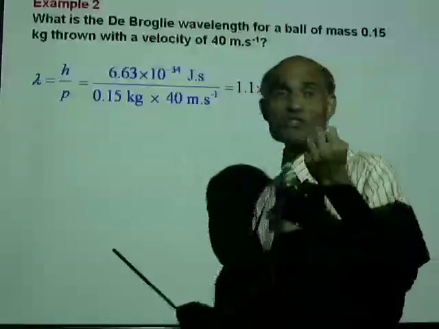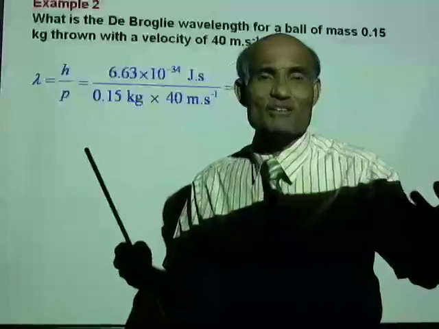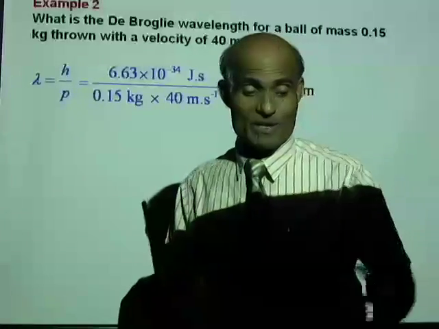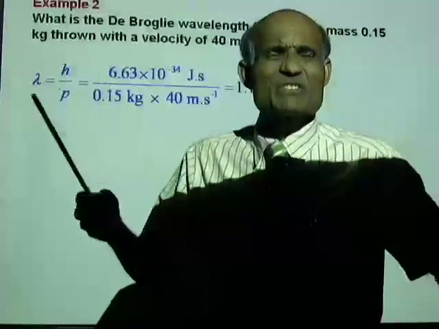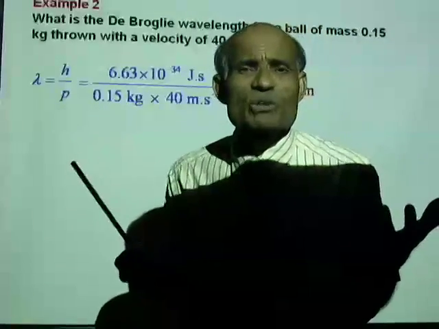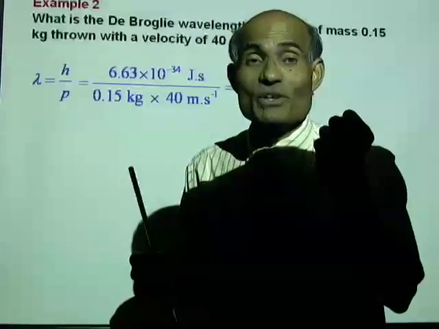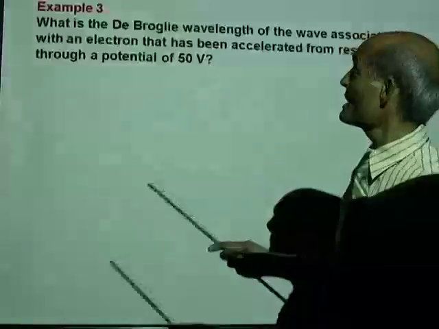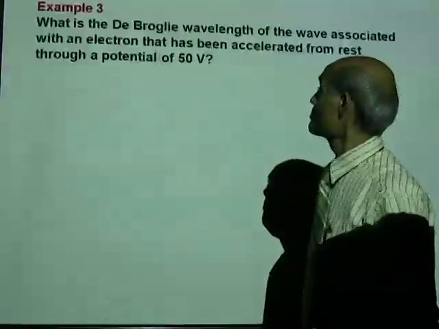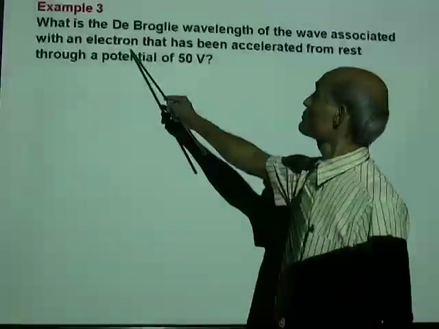Well, because it is so small, it is very difficult for us to discern it. And therefore, associating a wave with a particle is not very practicable for us, we would say. But it becomes very clear when the particle becomes very small. Let's see in the next problem, what is the de Broglie wavelength of the wave associated with an electron